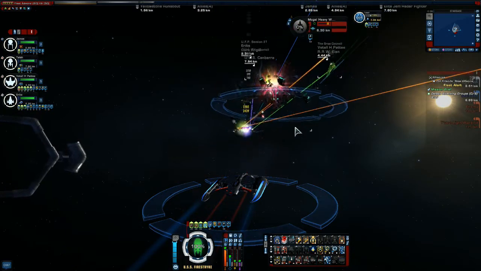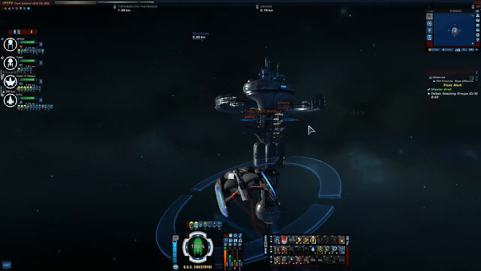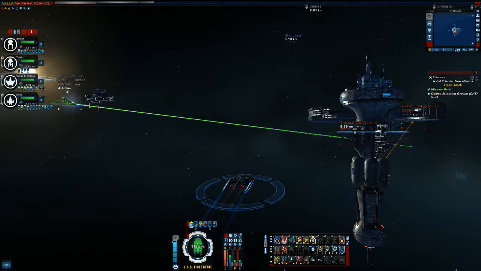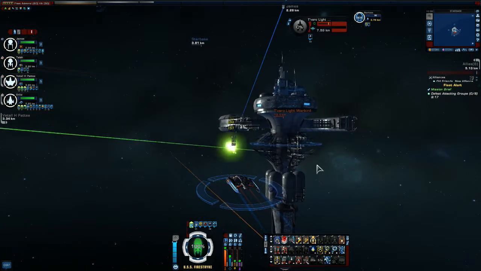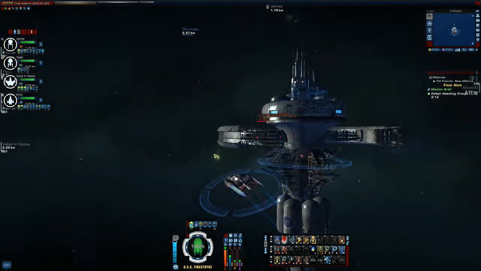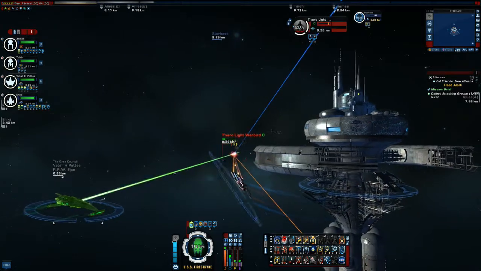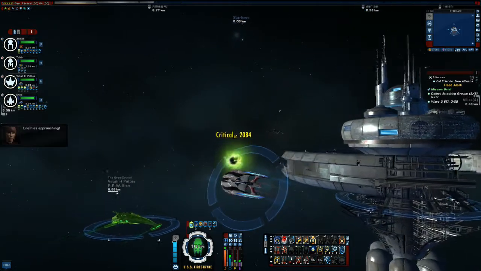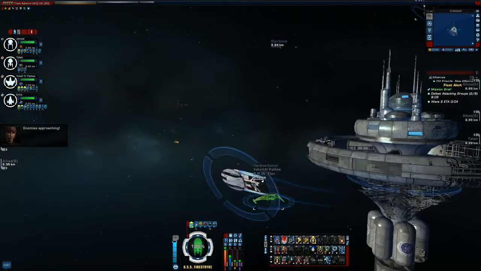The nice thing about the escorts is the turn rate. The turn rate is pretty decent. It's a lot better than a cruiser or a science vessel. But you are more susceptible to being destroyed quicker than a cruiser or science vessel. So with this,